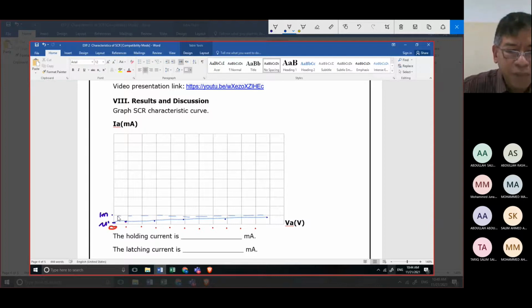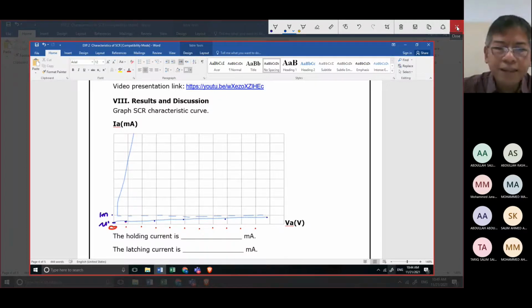We will start from here and it will follow going up like this. So this is actually the expected value. We have already the reading from here, and we will do the next reading. As I told you, this is already finished, and then we will do the second reading. So this is your reference.